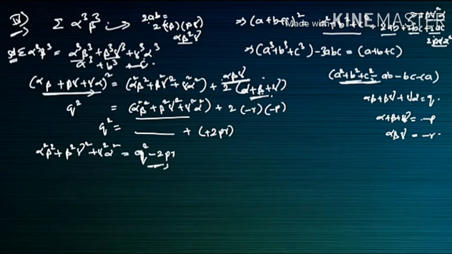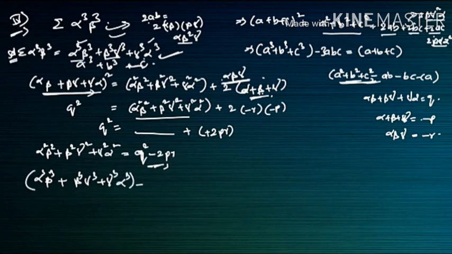Now here I will take a cube plus b cube plus c cube, this one I will take here, so means alpha cube plus beta cube plus gamma cube, minus here 3abc, so minus 3 into abc means here alpha square beta square gamma square will come here, okay. So here alpha beta gamma alpha will multiply, so it will become alpha square beta square gamma square will come